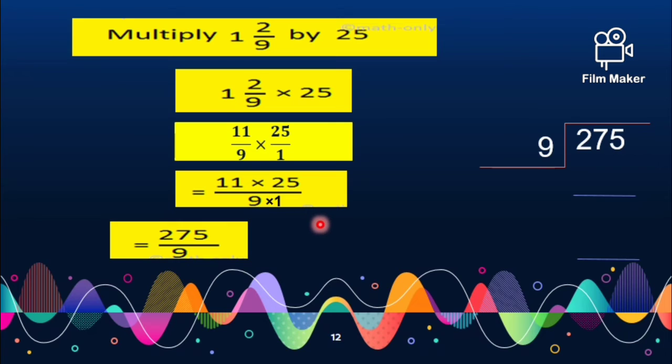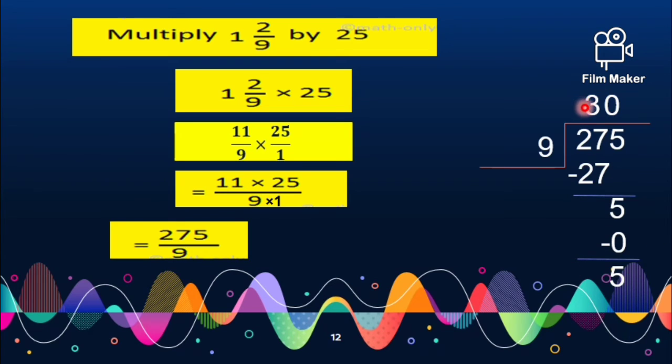We will read the table of 9 till 3. 9 3s are 27. 27 minus 27 is equal to 0. But we have another number, 5, in the dividend, so we will bring down 5. 5 cannot be divided by 9, so we will read the table of 9 till 0. 9 zeros are 0. 5 minus 0 is equal to 5, which means the remainder is 5.